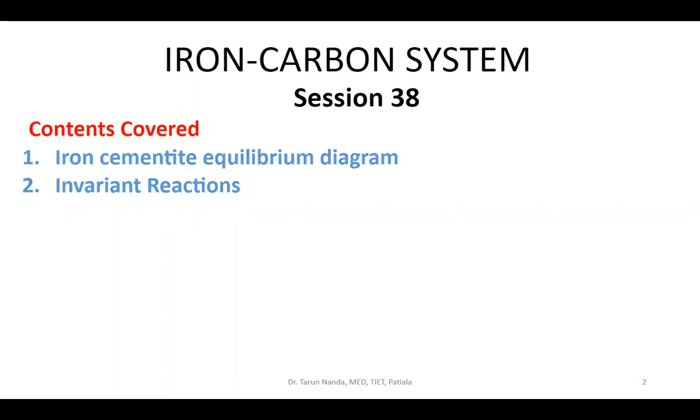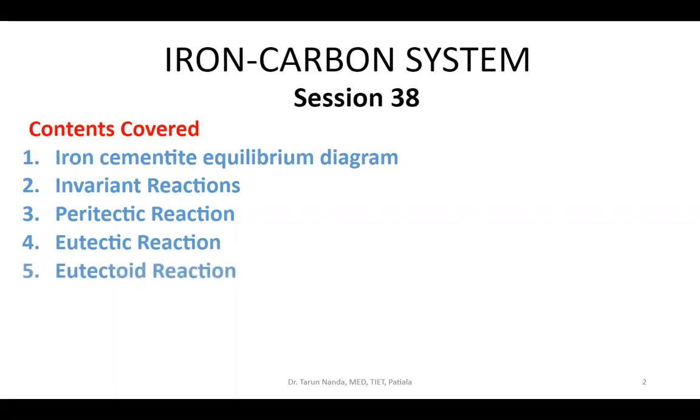Now, with regard to iron carbon systems, there are 3 invariant reactions which occur. The first is called the peritectic reaction, which happens in a high temperature region. Then in an intermediate region, we have another reaction called the eutectic reaction, and at a relatively low temperature region, we have this third and final reaction, which is called the eutectoid reaction. I'll discuss each of these reactions briefly in this particular session, and I'll go into more detail about